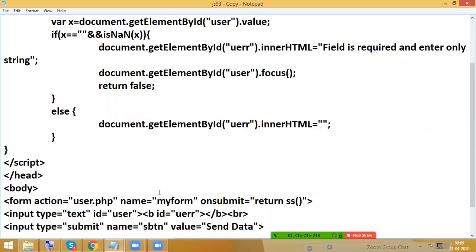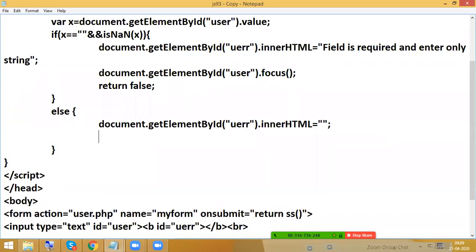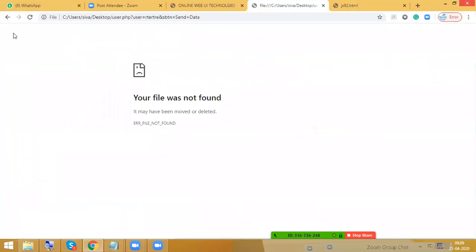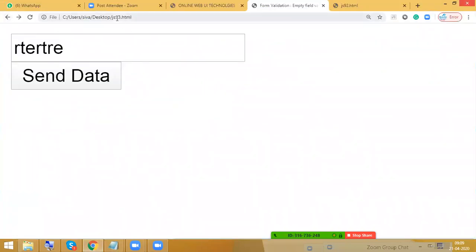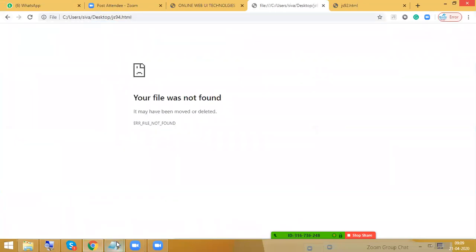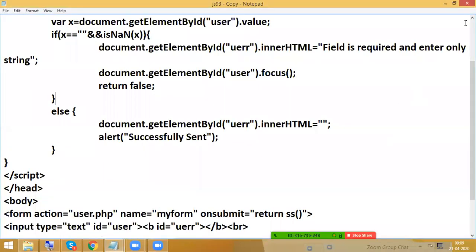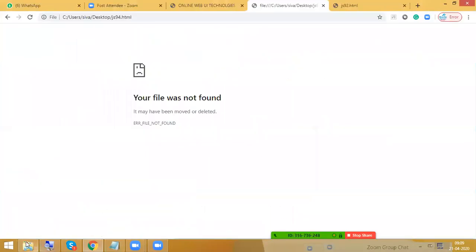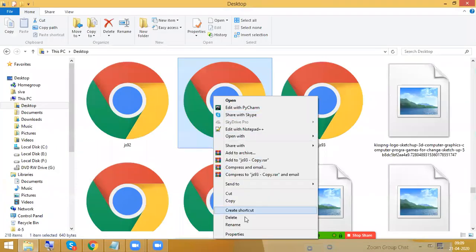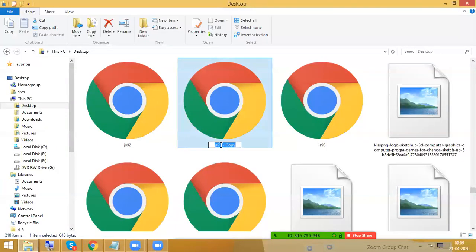Okay, so then we are going to display the general success message, successfully submitted or successfully sent. Actually, I wrote the program in 93 copy itself, just change the number.